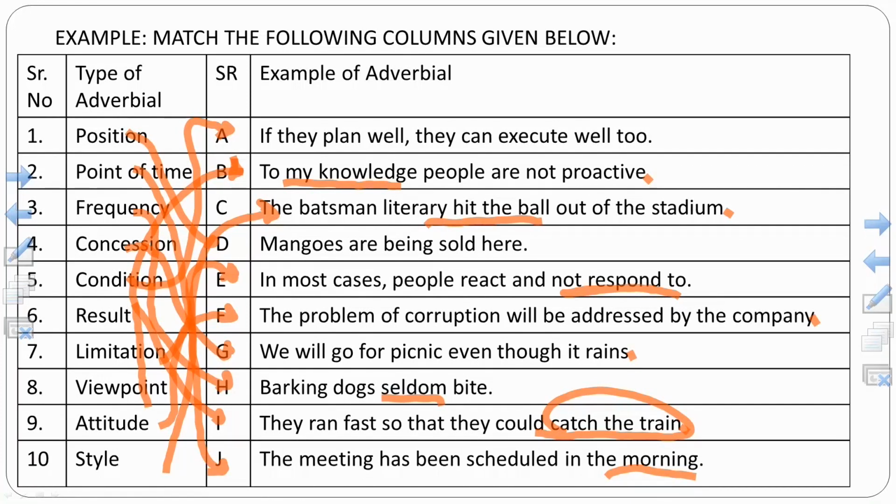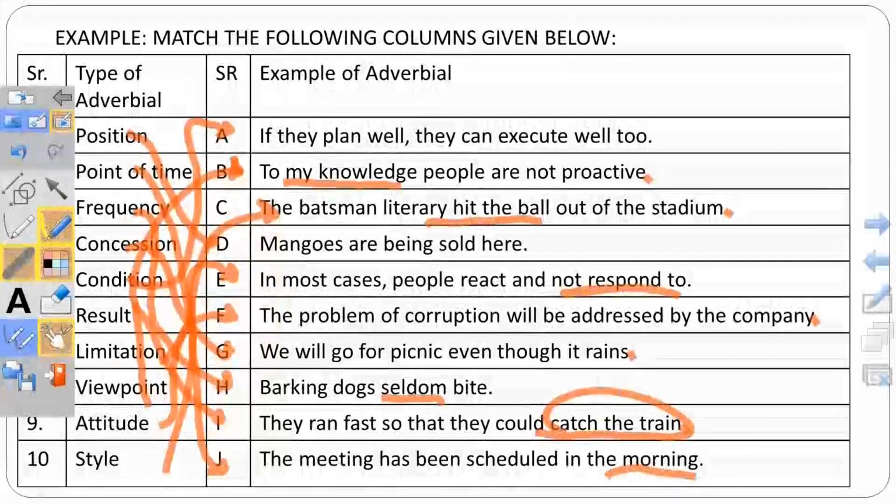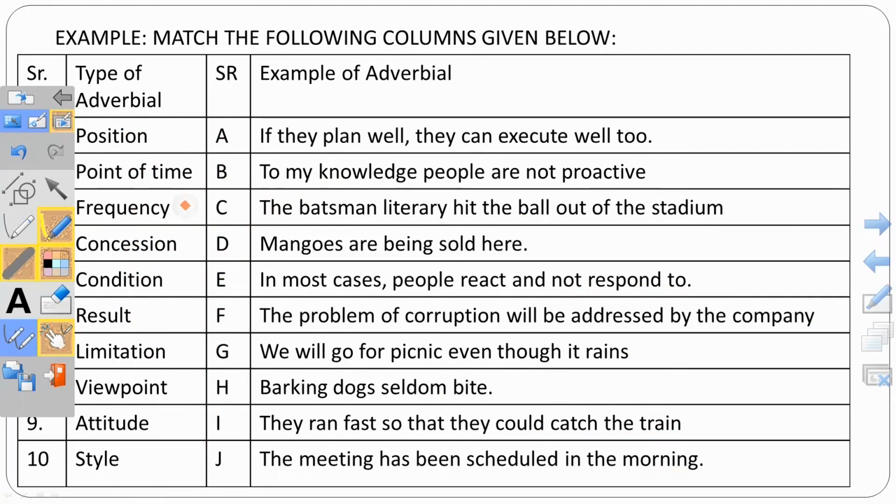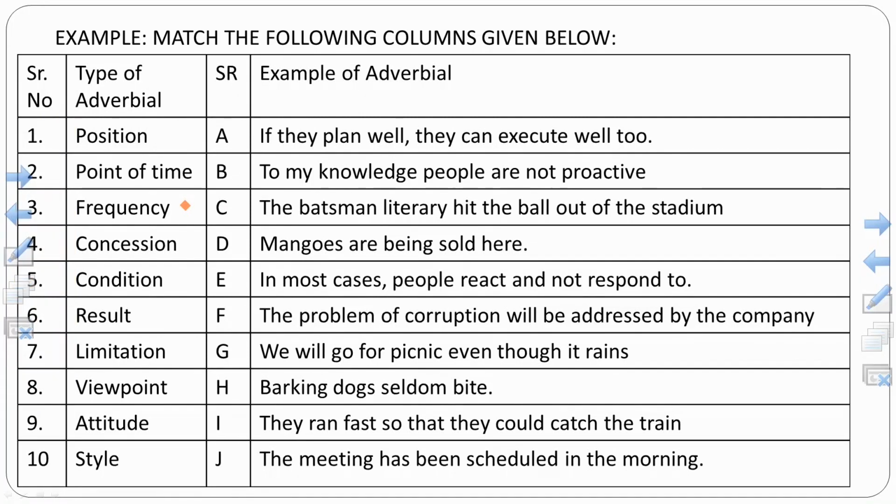Now with these proper examples, we can easily understand what type of adverbial is suitable for any situation, or circumstance. That is why we call it circumstance, right? So in all these situations, these are the types of adverbials and these are the examples. So we have studied all the adverbials with their particular situation. Now let's move on to the next slide,